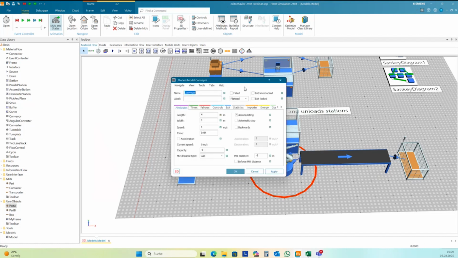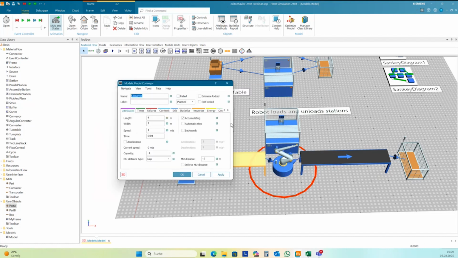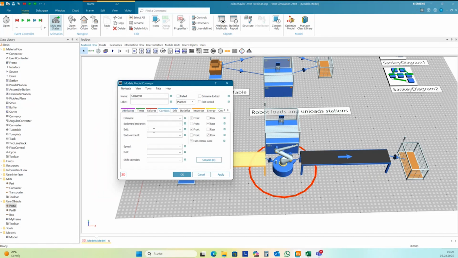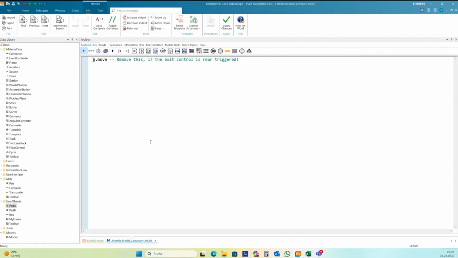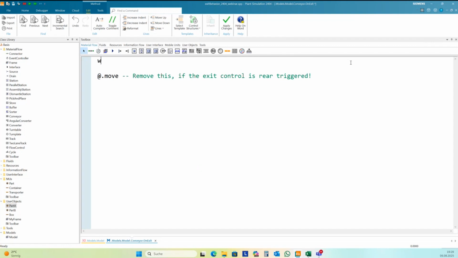The conveyor should wait, the part should wait until the robot is free and the station is empty. And so I need to wait.